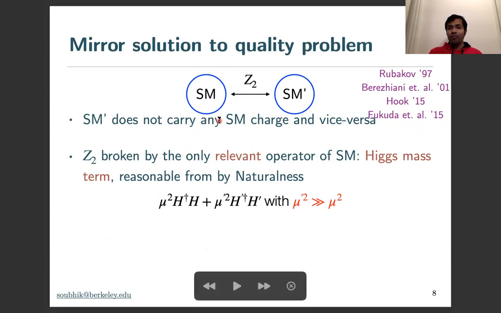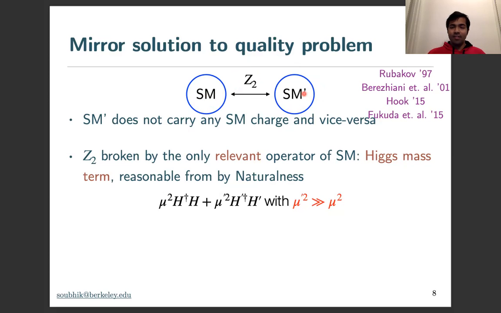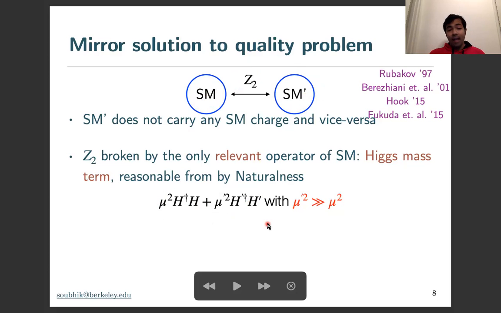So we'll say that along with the standard model matter content and field content, we'll have a mirrored field and matter content. So the idea is that there's a Z2 symmetry that relates everything here to everything in the mirror sector. There is only one breaking of the Z2 symmetry, and that is done softly via the Higgs mass parameter. So in our sector, we have a Higgs mass, but in the mirror sector, we can have a Higgs mass which can naturally be much, much bigger than our Higgs mass.